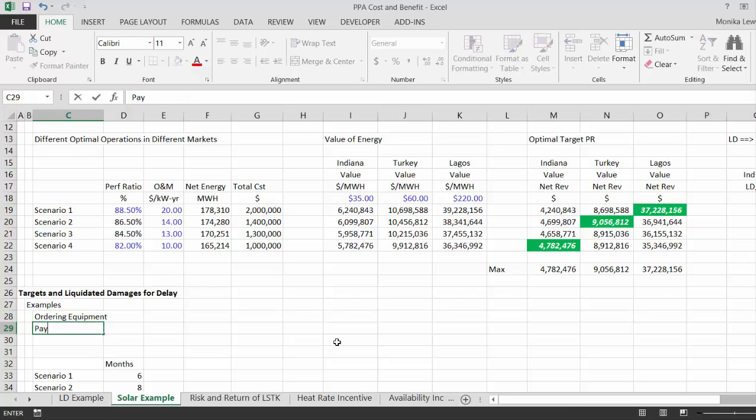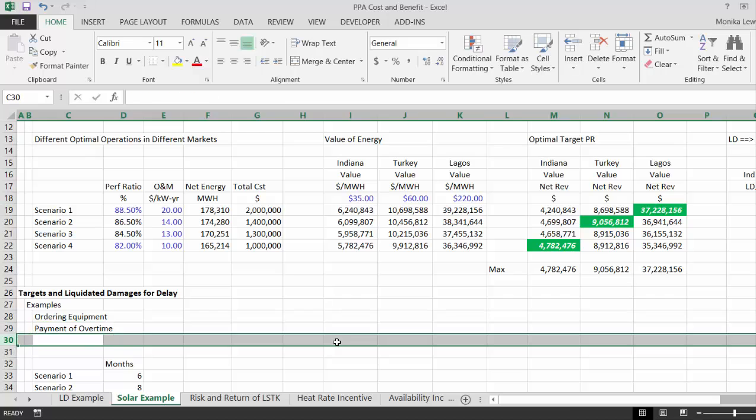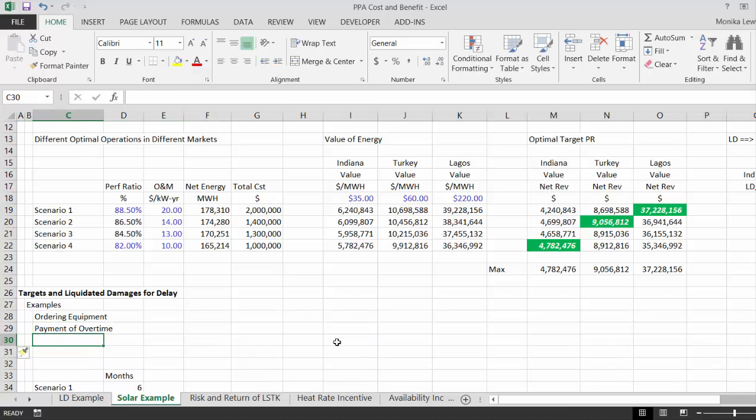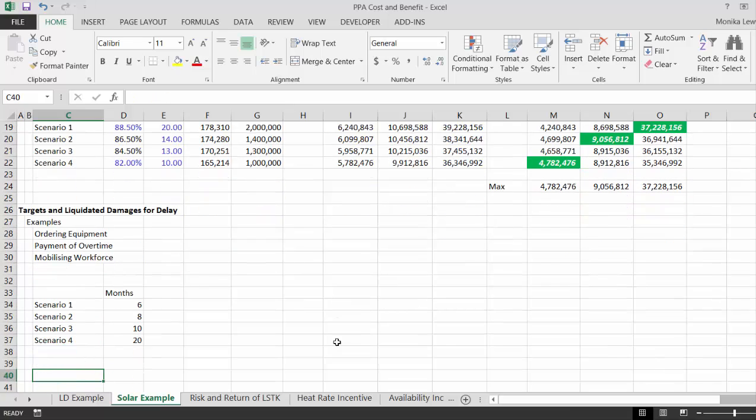Paying overtime, I don't know, mobilizing workforce. There could be all sorts of different examples, and if we can,